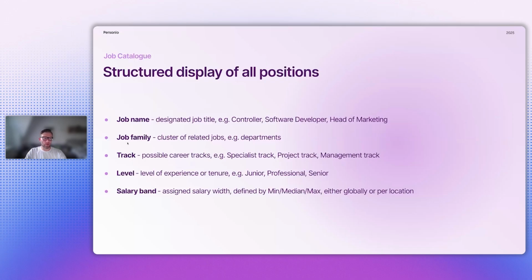Then second is the job family, which could be, for example, departments. Also, it's up to you. It's completely open. You also can group by back office, front office, store, or administration, whatever fits your organizational needs, and in which dimension you want to cluster these related jobs into certain families. The job track